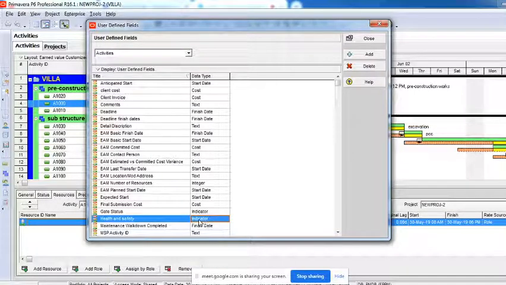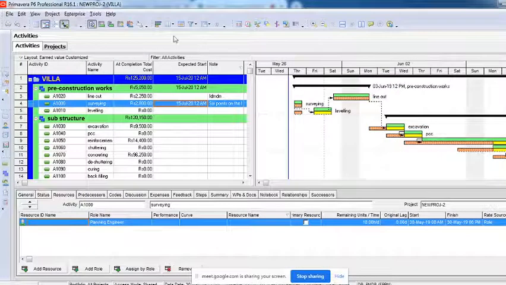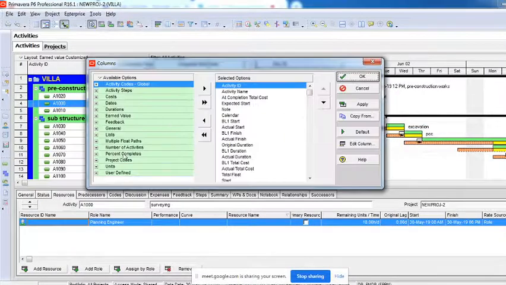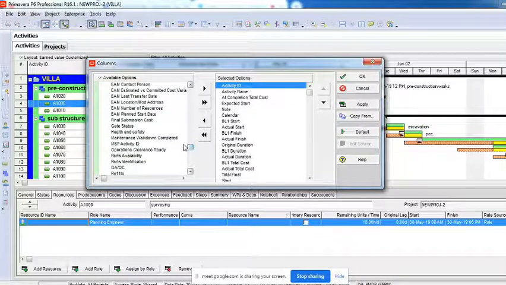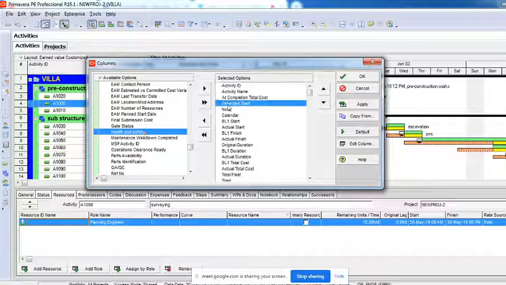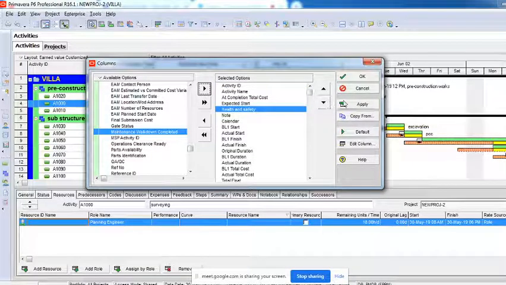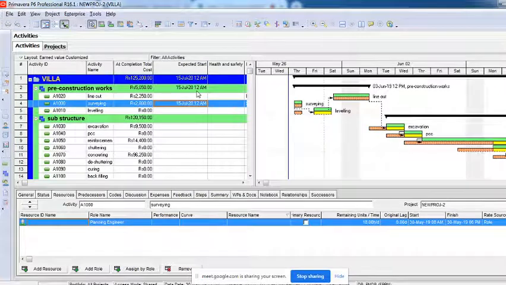Now the input is not text, not a cost, not a calendar, not an integer number. It's an indicator. What is this indicator? It has some symbols. I'll show you what those symbols are. I'll go to columns, user defined fields, look for health and safety, bring it to the other side, and apply. OK. You can see this.